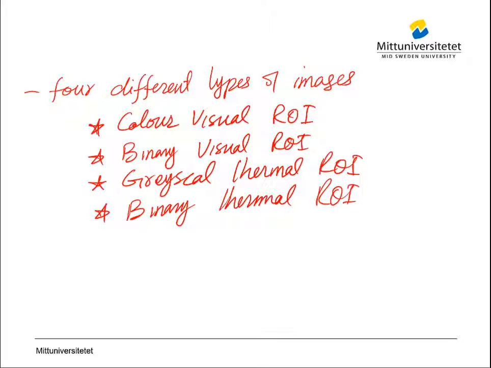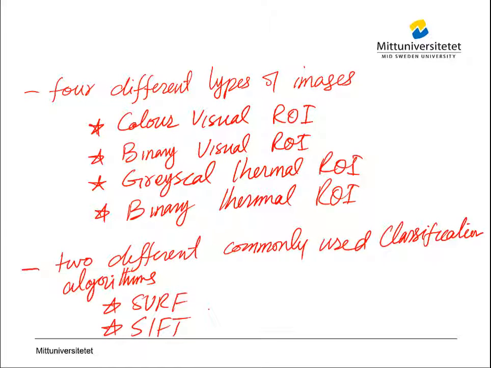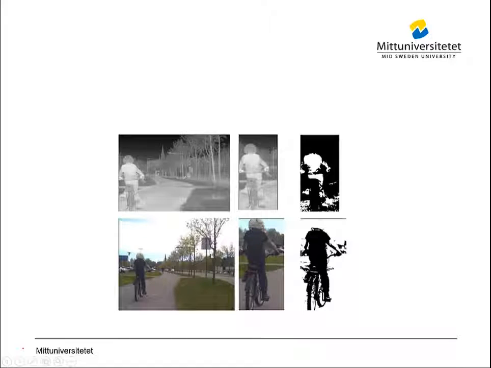The inputs to the test systems are 4 different types of images: color visual ROI, binary visual ROI, grayscale thermal ROI, binary thermal ROI. Here you could see the regions of interest: color visual ROI, binary visual ROI, grayscale thermal ROI, binary thermal